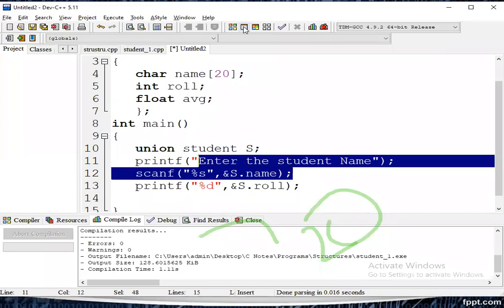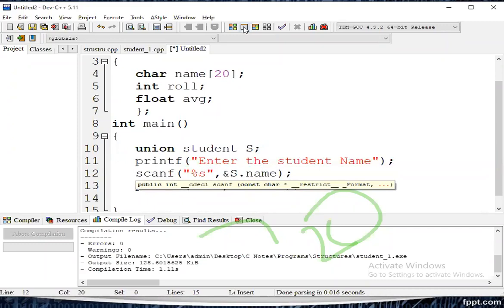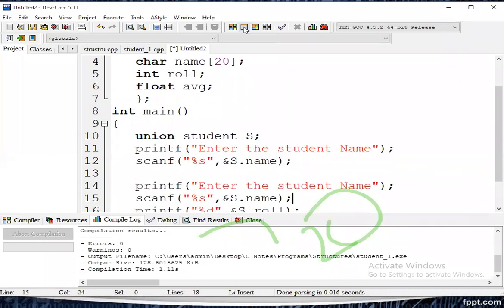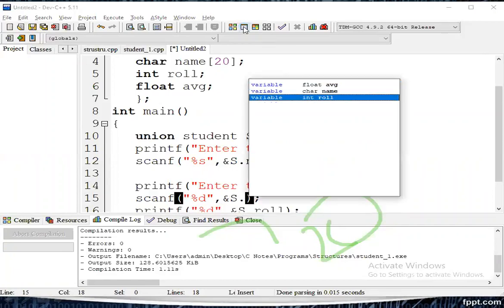Enter the student name. Next, enter the student year, enter the student roll number. So scan that information. Percent d, roll number.